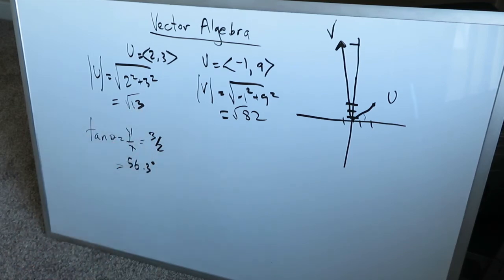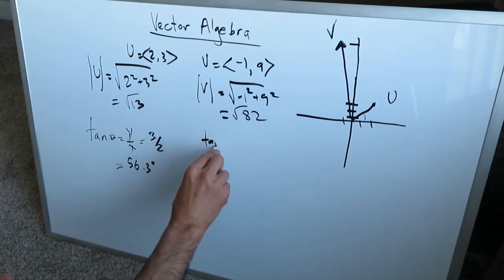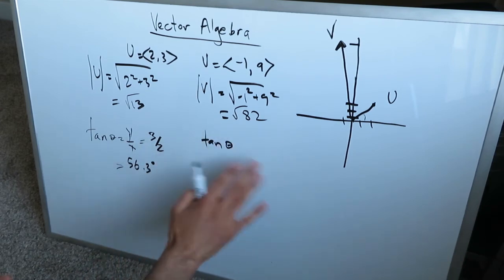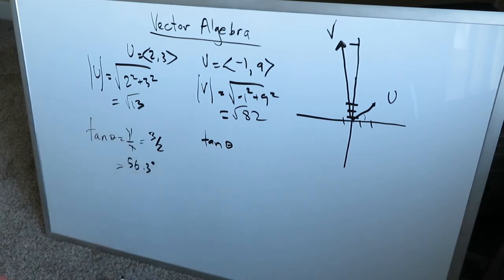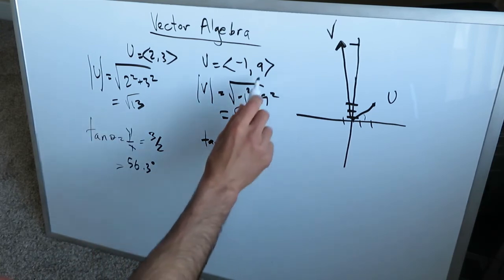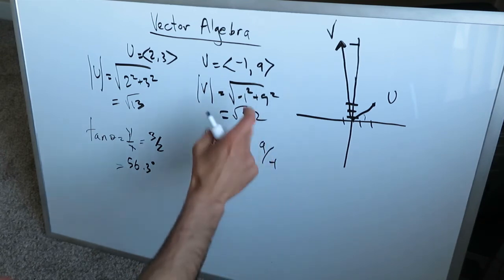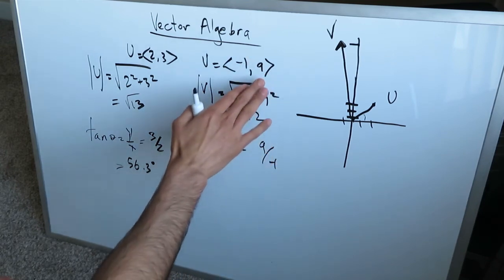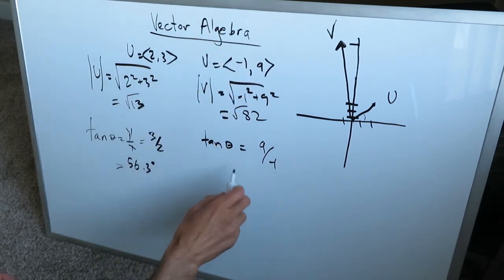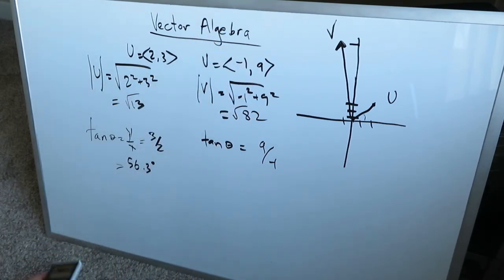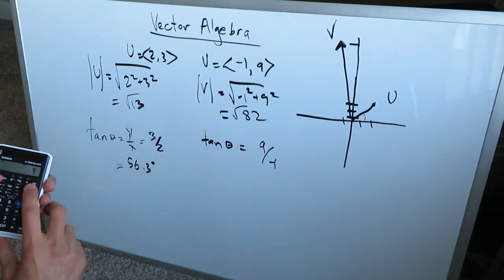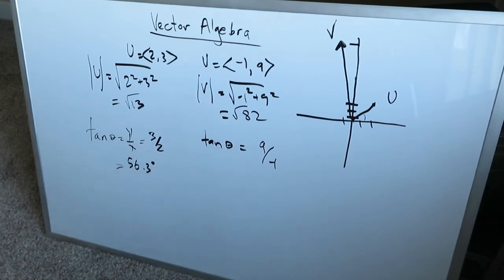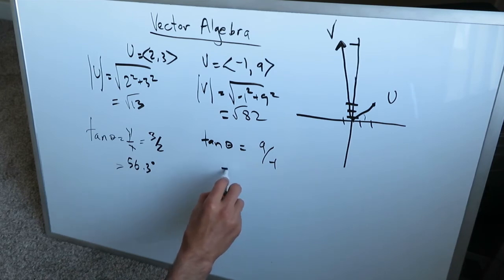Let's do the same for v. You're going to do again the tan theta formula. A very wonderful and convenient formula because it employs a relationship between y and x to determine the angle. So here tan theta is equal to 9 divided by minus 1, the y component divided by the x component, or the vertical component divided by the horizontal component. Bring out a calculator here. 9 divided by minus 1 is a minus 9. Inverse tan, you get a minus 86. Actually you get a minus